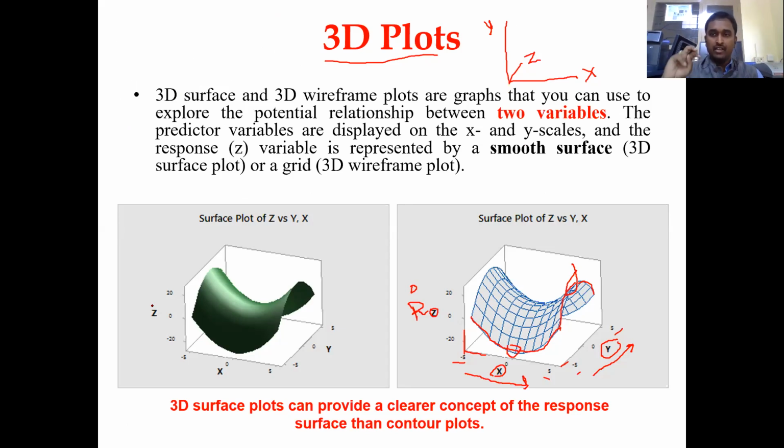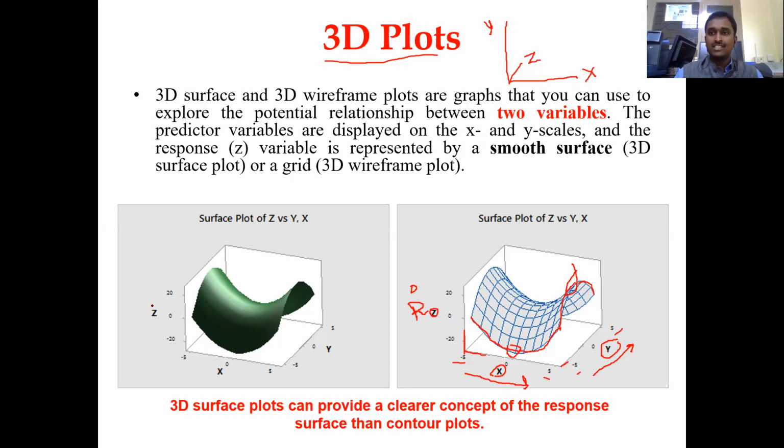Taking consideration of any two factors in an experiment, one can find out how well the response is going to be influenced, and at what point it is more and at what point it is less. And one can also ask a question: sir, in any experiment you are using more than two factors, then what is to be done with the factors? So that's what I said. It's not only for x and y.